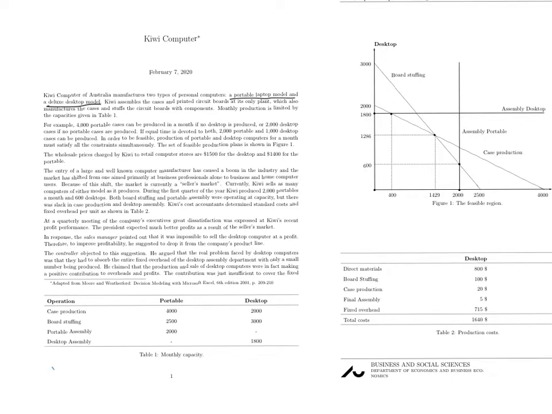So I write here. I do not write all the details, just remember I let XP be the production quantity of the portable model laptop in one month, and XD be the number of desktops produced per month. So first we define the decision variables, and then we work out the contribution margin for this